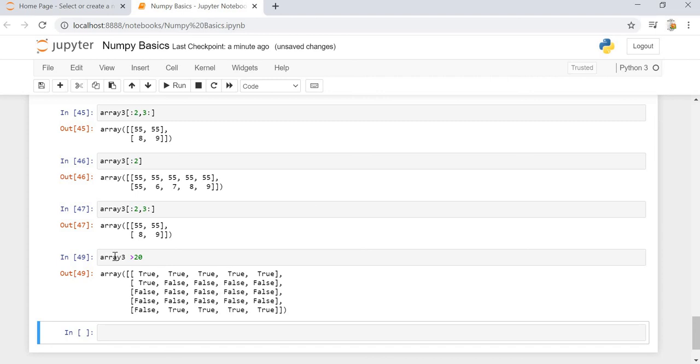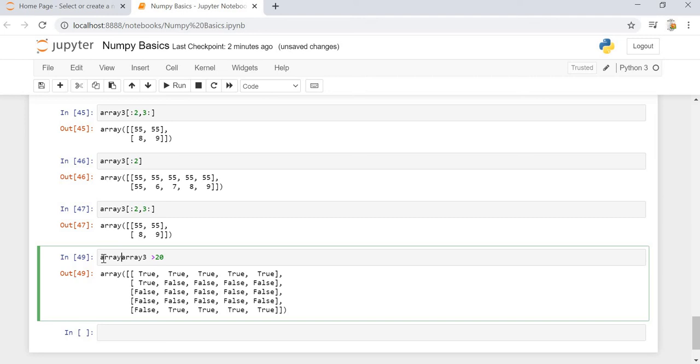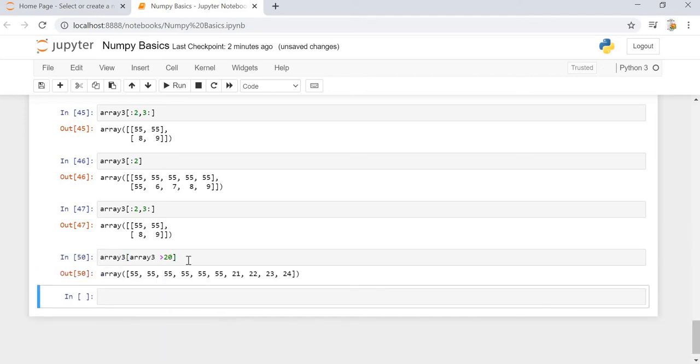Now if I pass it into array 3, then it will print only the values which are greater than 20. And those which are less than 20 will be discarded. So it will print only the true values.